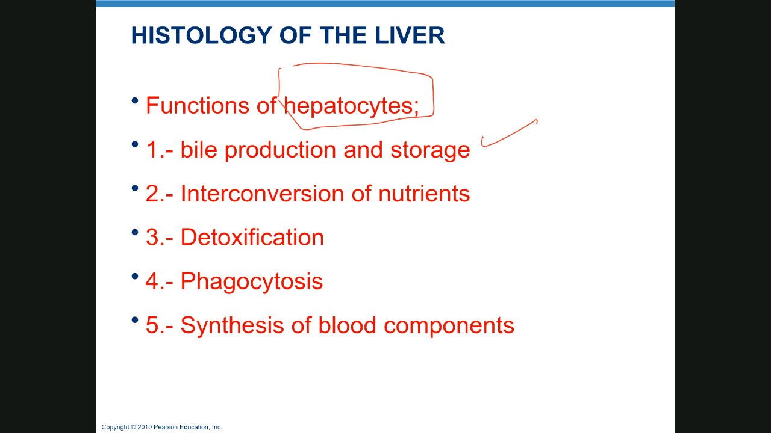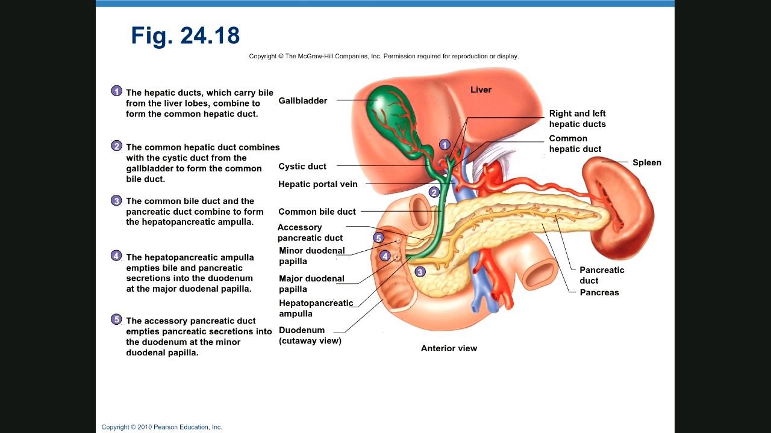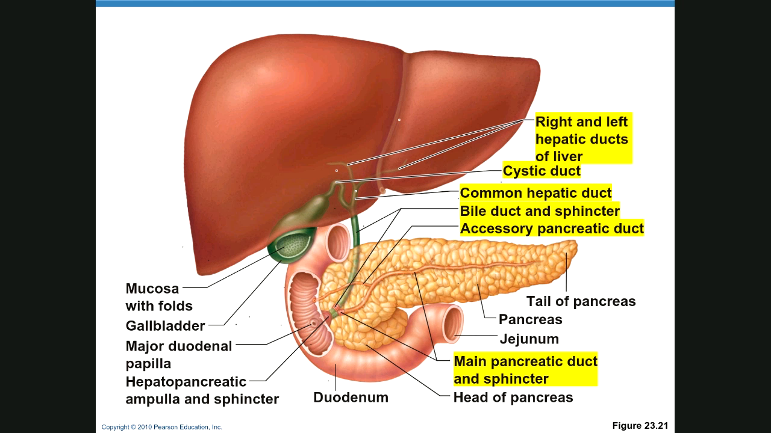Now, when it comes to the bile, bile is going to be produced by the hepatocytes in the liver, and then from there is going to be taken over to the gallbladder, which is the storage organ for bile. So bile will be collected by the right and left hepatic ducts of the liver, which are going to collect the bile and take it to the gallbladder via the cystic duct. Bile is going to be stored and modified in the gallbladder. And then when it is needed,